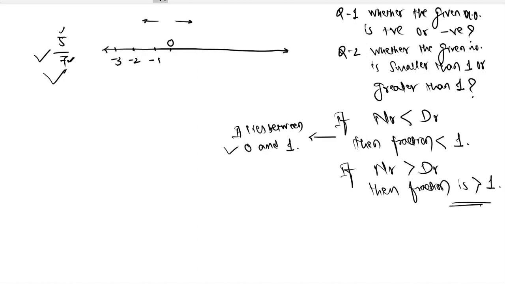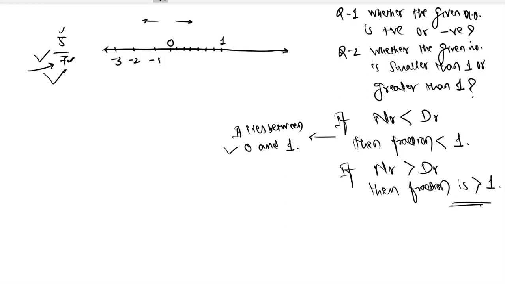I want you to make 7 divisions after 0, 7 equal divisions. So 1, 2, 3, 4, 5, 6, 7. On the 7th division, I want you to write 1. We know that our number lies between 0 and 1. What we have done is we are locating our number. So we have divided the space between 0 and 1 on the number line in 7 equal parts. Why 7 equal parts? Because the denominator of our number is 7.